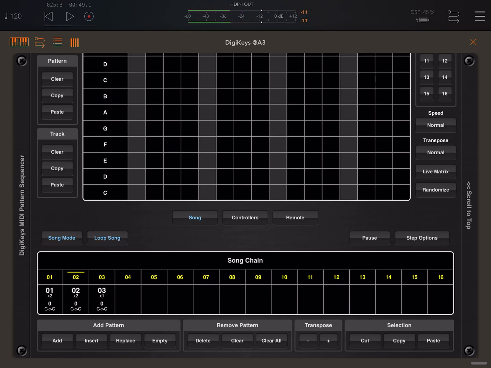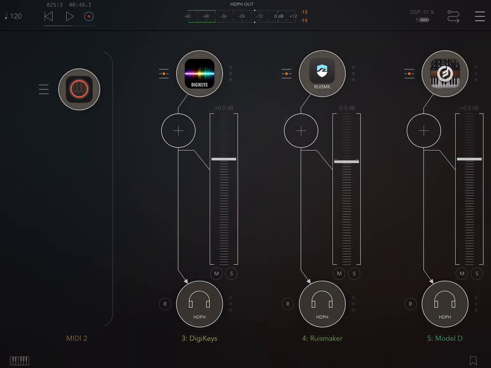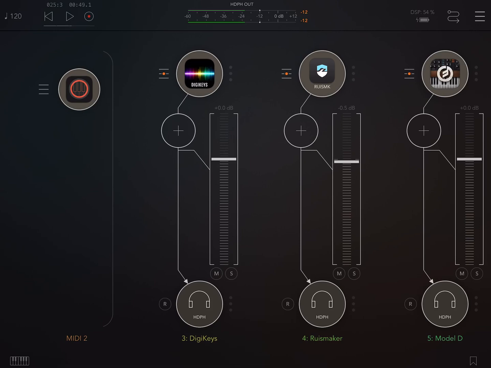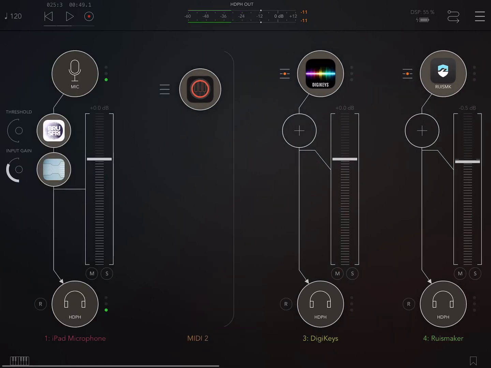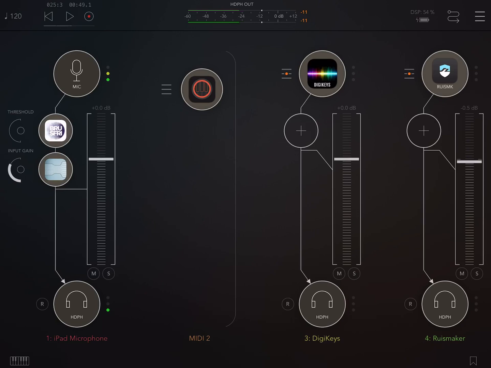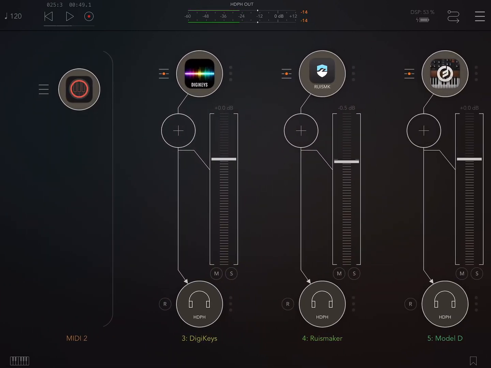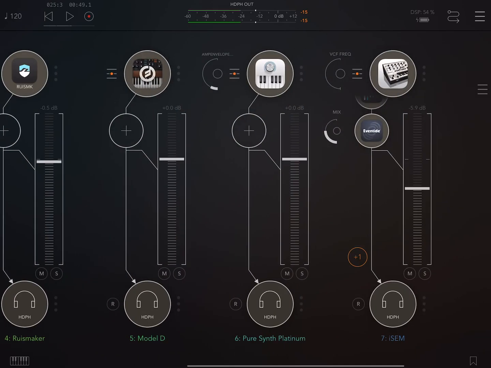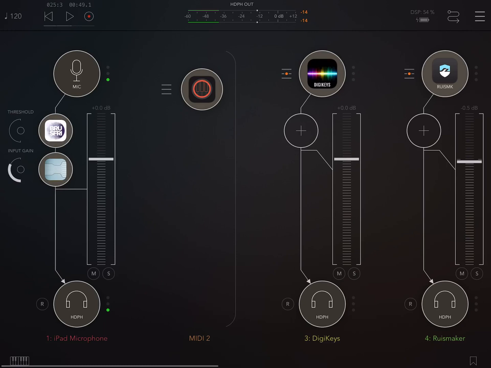Anyway, I knew the music wouldn't be very good, but I hope this helps some of you guys who want to go the all AUv3 route. There is a way to do it. This might not be ideal. You could always run multiple Digikeys. Because it has the two-octave range, you could do the other two octaves on a different Digikeys. Because it's AUv3, you can run multiple instances, multiple sequencers, multiple arpeggios, but it's a nice way to structure a song